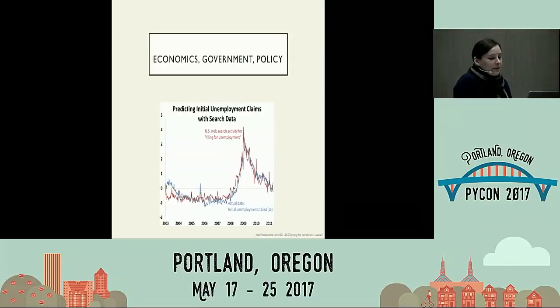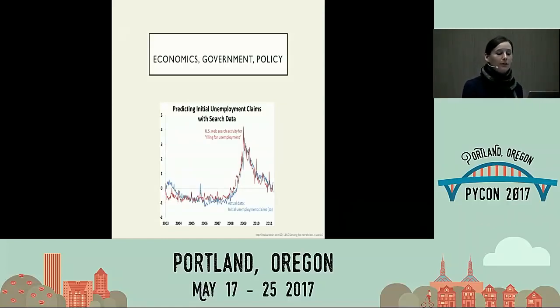And of course, economics, government policy, right? Trying to predict what will happen. It's very important that we be able to allocate resources for our economy, for our government programs, et cetera. So the better we can predict things, the better we can run our country. Lots of people who work for the government actually spend their days trying to do these things, right? All these government actuarial type people, they're actually time series people.